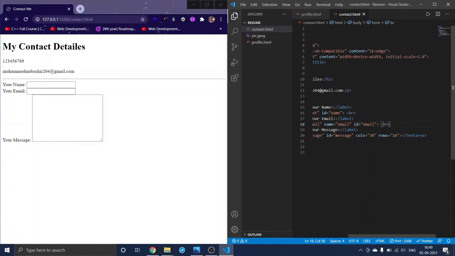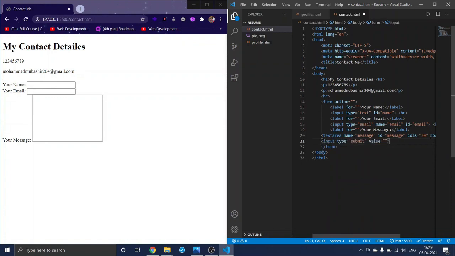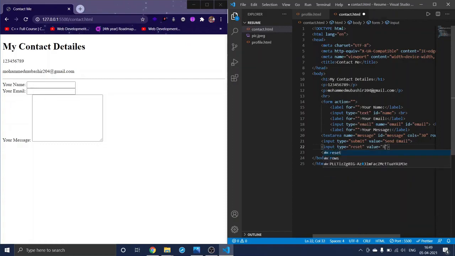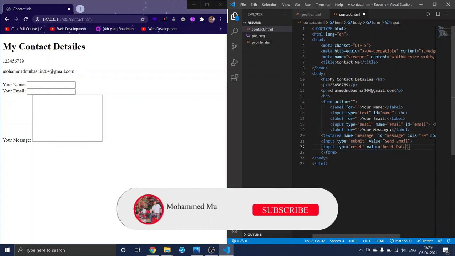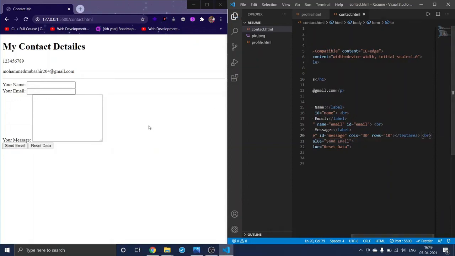And after the textarea I'll use an input of type submit with the value of send email, and again an input of type reset, the value of reset data. Save, and if you want you can use a br tag here and save. Yeah, so now our contact details page is done.